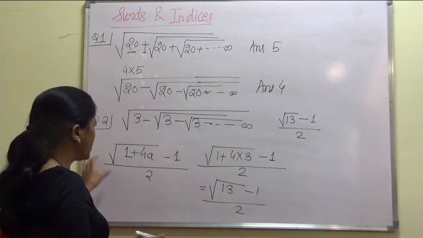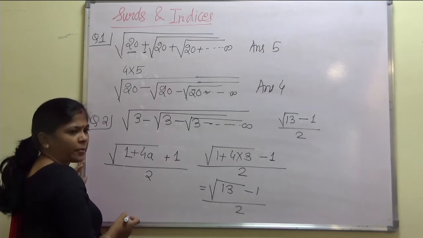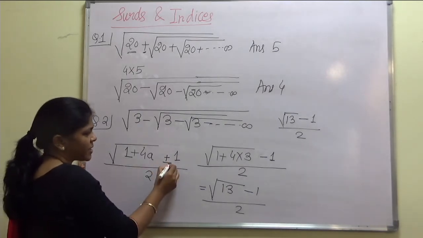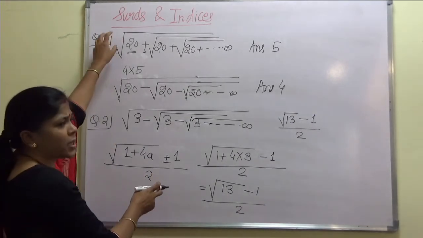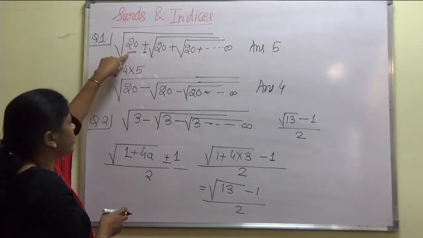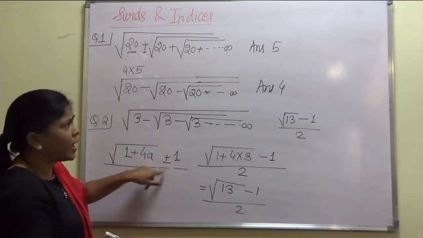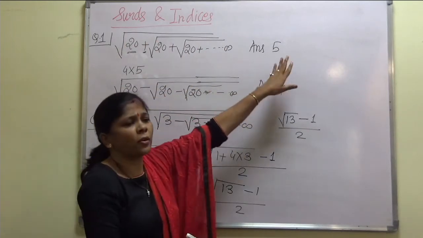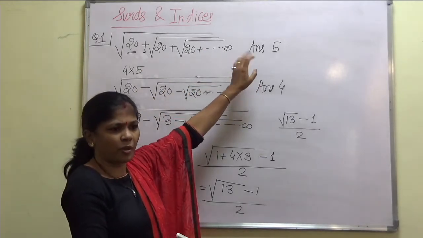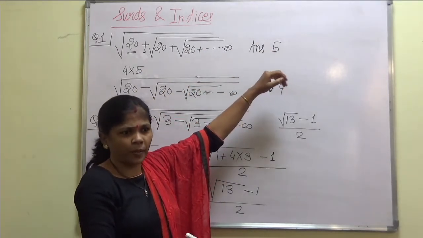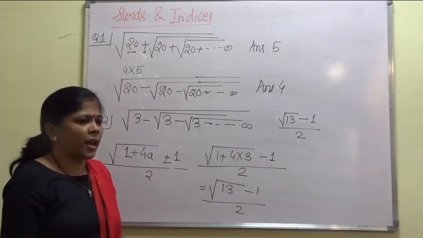Now, remember, this formula is also effective. The formula which I have told you: in case of plus, we'll write plus sign, and in case of the middle term as a minus, we'll write minus sign. This formula is also effective for the earlier examples. You can put a as 20 over here, and as we have plus sign, we'll write plus sign, and you can check whether we get the answer as 5 or not. But as compared to this formula evaluation, the earlier one is better, because we have the short trick, so we should apply that, because it is possible to write this in the form of a product. So like this we have the square root evaluation.